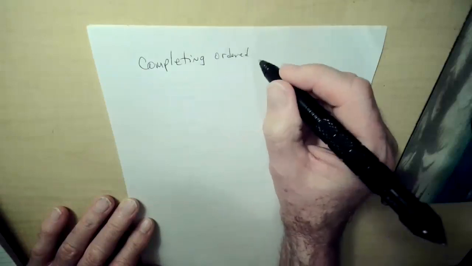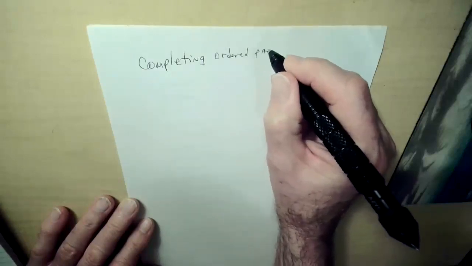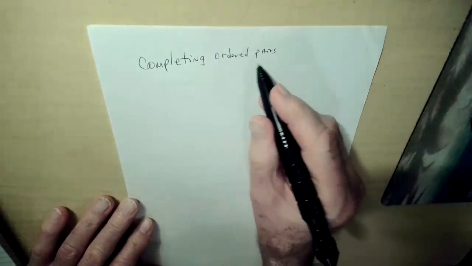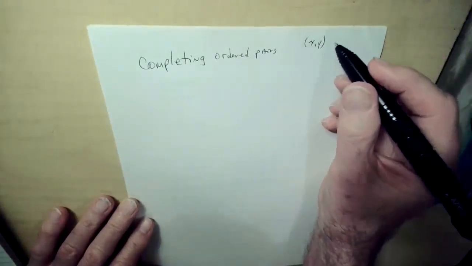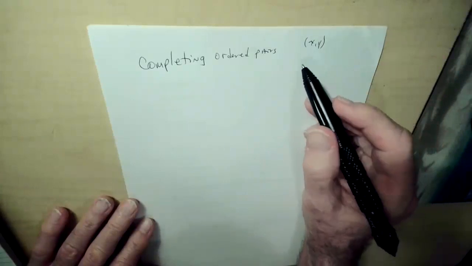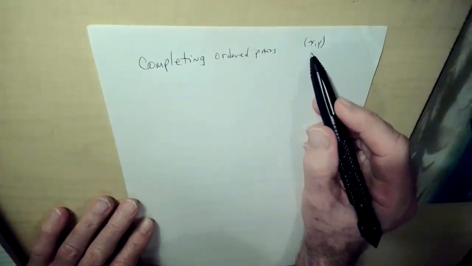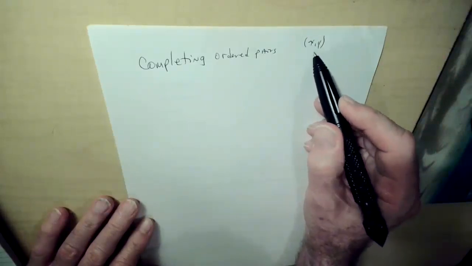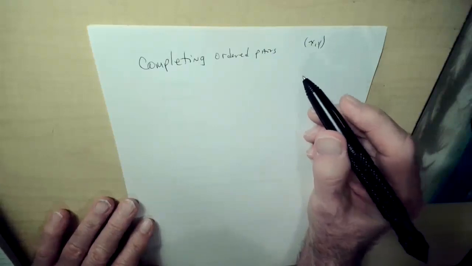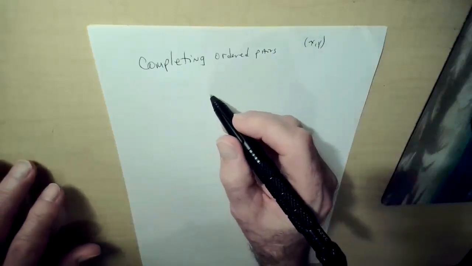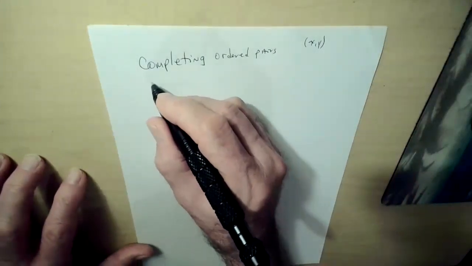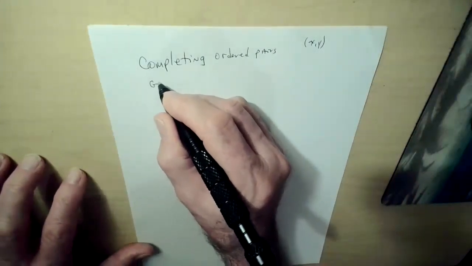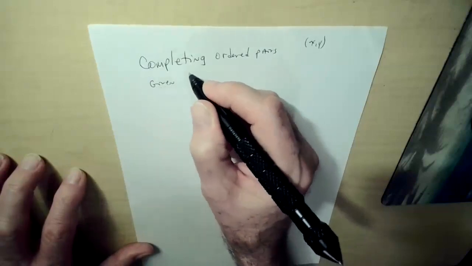Completing the ordered pairs. Ordered pairs are nothing more than XY, 3, 2, 5, 7, whatever. It doesn't make any difference. The ordered pairs are just this point. So if you're given, say you're given,